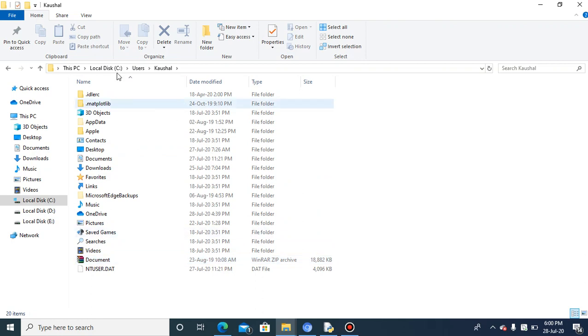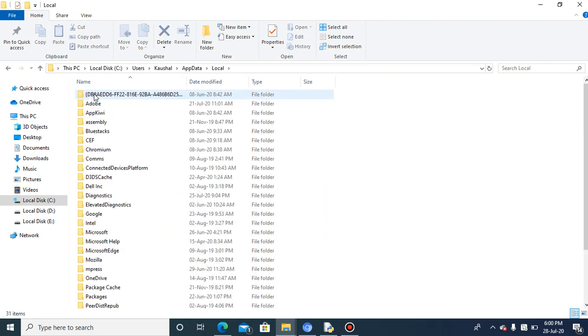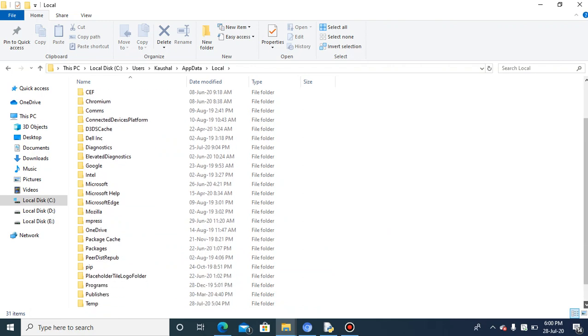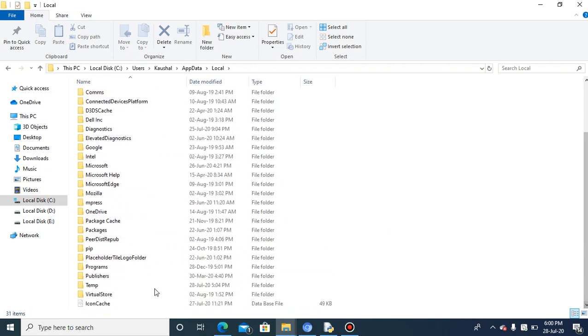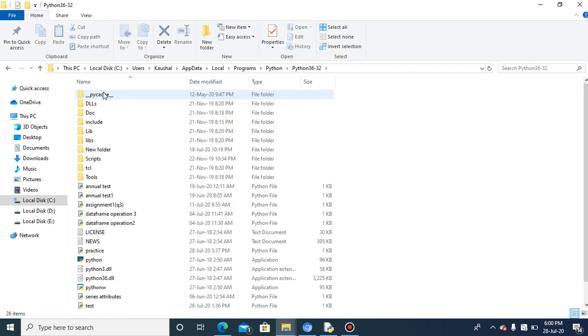Users, Kaushals, then AppData, then Local, and then Python. Here this is the whole location.